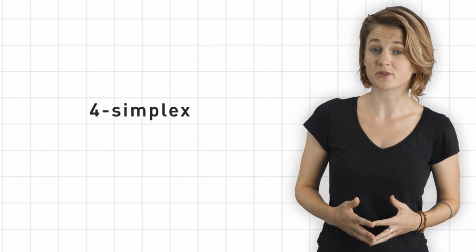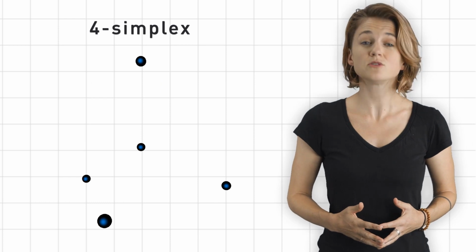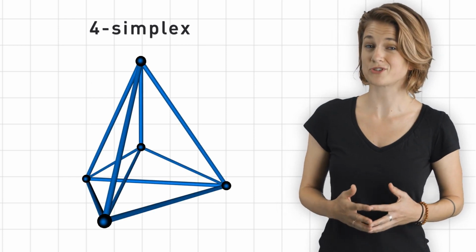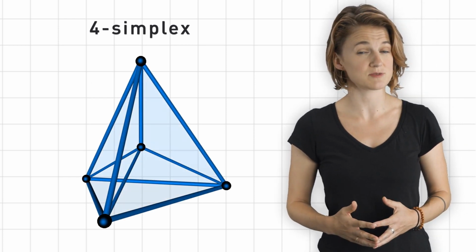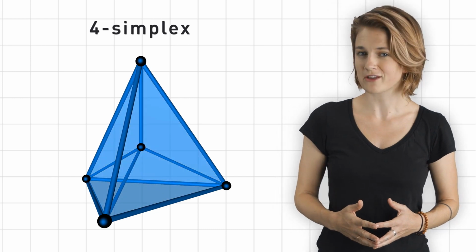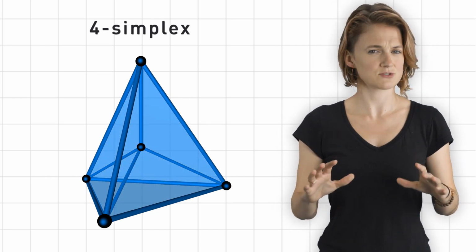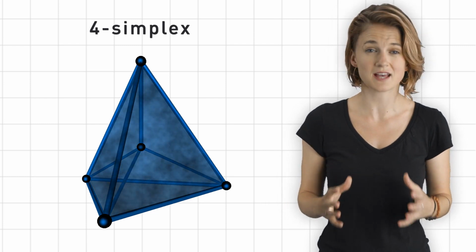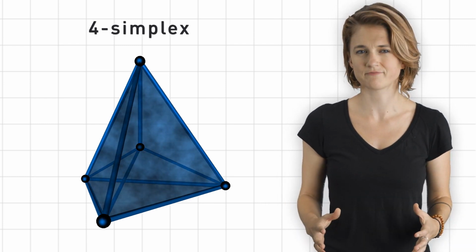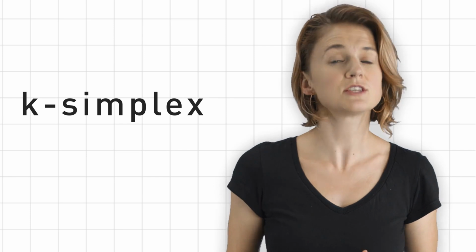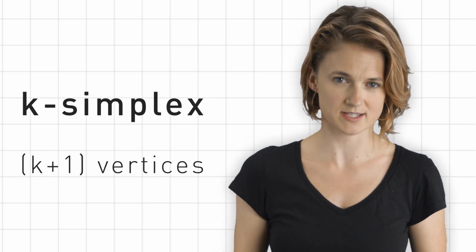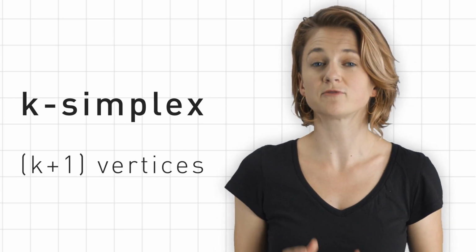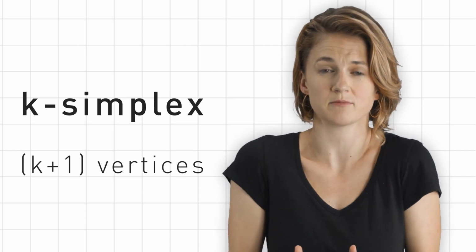To build a 4 simplex, you start with 5 vertices. You then fill in the one-dimensional edges between the vertices, the two-dimensional faces between the edges, the three-dimensional solids between the faces, and, here's where it gets weird, you fill in the 4-dimensional space between the 3D solids. It's hard to visualize. Generalizing that pattern for any number k, a k-simplex, which is k-dimensional, is formed using k plus 1 vertices. The k-simplex is made up of those vertices and all the space in between them, what's known